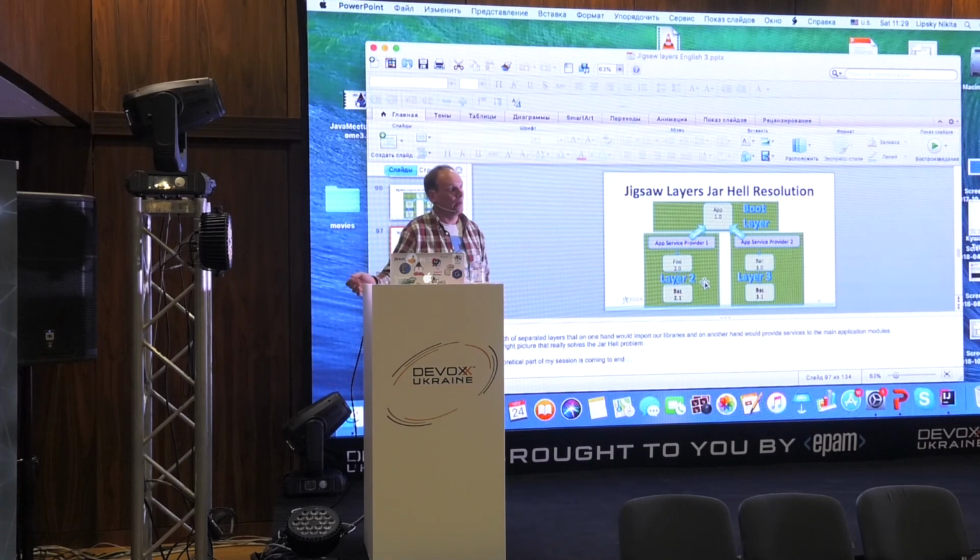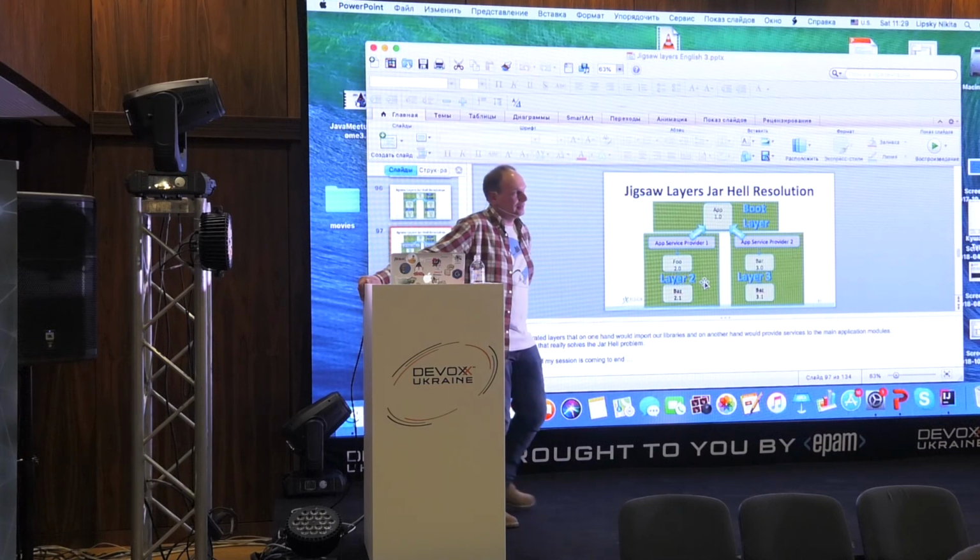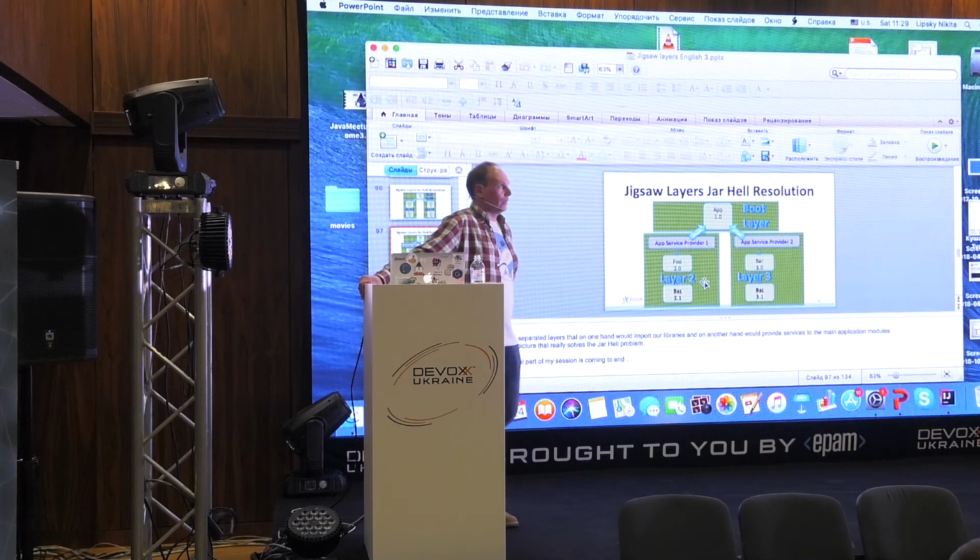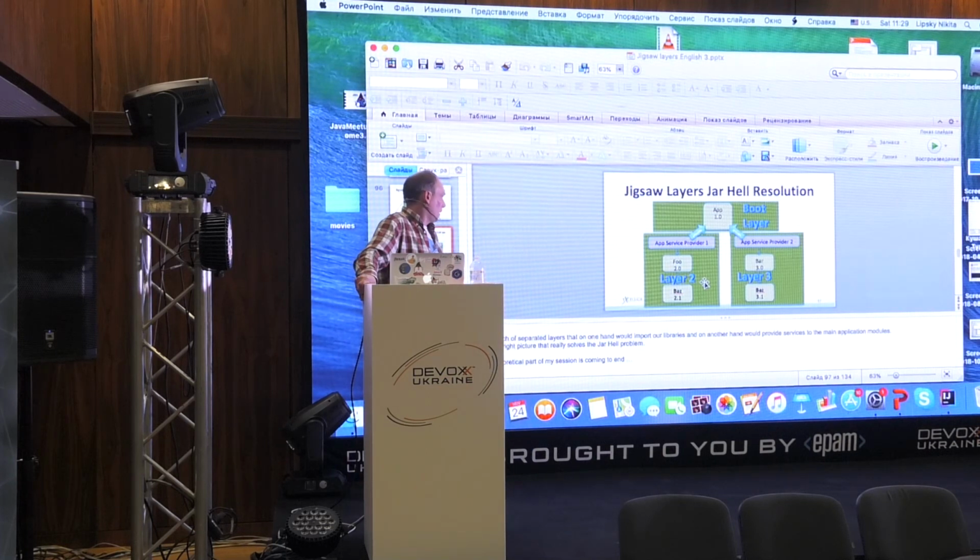So, another question, if we use layers, as you said, for microservices, so to speak, then is it possible to share some common libraries between layers? Well, yes, of course.